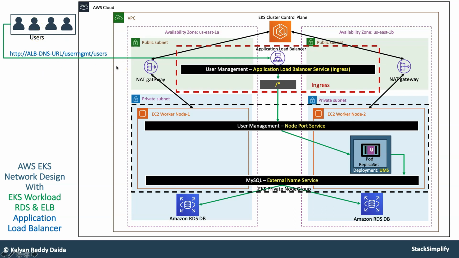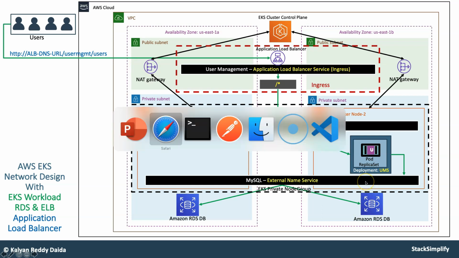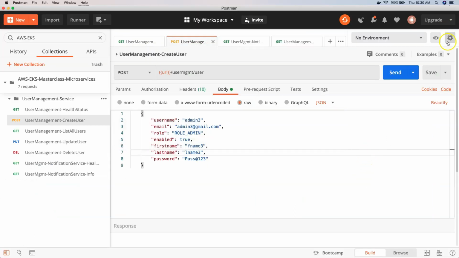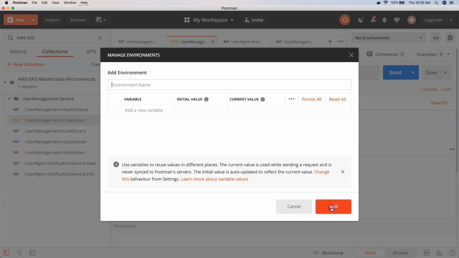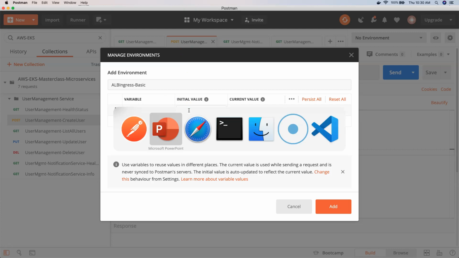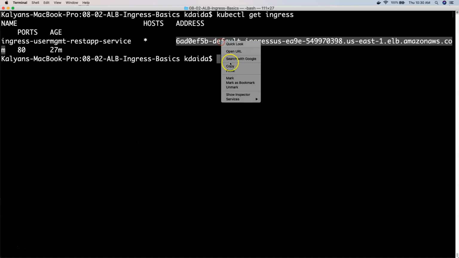If you want to further test it via Postman, you can even do that. So you can go to settings here and create a new environment, and for the environment you can say ALB Ingress basic testing, right? And the variable name will be URL, and whatever we copied, this one, we have copied.